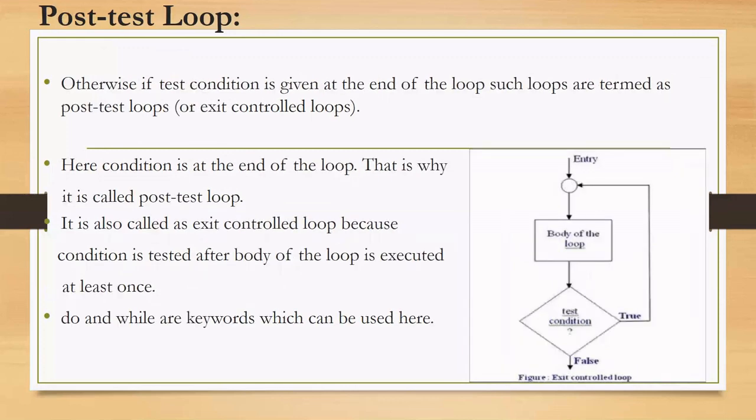Next we'll go with post-test loop. This is one more category. As the name itself says, post-test condition is given at the end of the loop. Such loops are known as post-test loops, or also called exit controlled loops. Exit control in the sense, after joining an engineering degree, in order to join, you have to take up the test, that is pre-test. After completing engineering, you have to take up the placement exams, or any other competitive exams. Based on a degree, you are going to take up further exams.